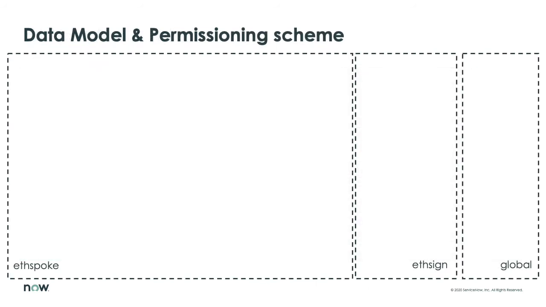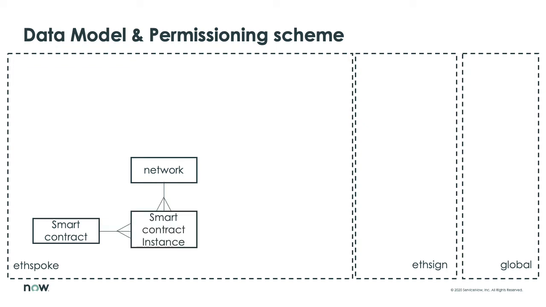Let's build a representation of the connector's data model, including each NIT Sign table and referenced global objects. Let's start from the smart contract object that contains the bytecode and the interface called the ABI, short for Application Binary Interface. A smart contract deployed on a blockchain network, like the mainnet, a testnet, or a private network, produces a smart contract instance which contains multiple methods.